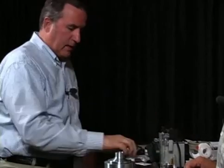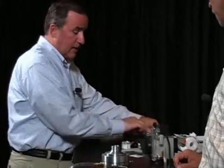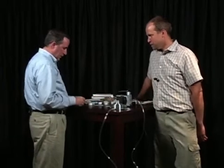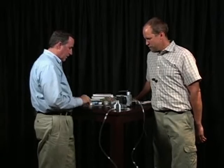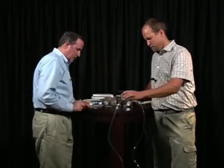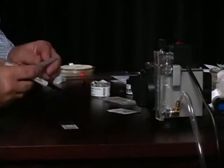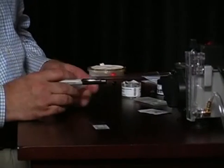Just take a look at how we might want to take a tape lift. We mentioned a little bit about it earlier about not being heavy-handed with the tapes. Again, you're going to want to record your information here. It's not a bad idea to record your information on these devices too, because in the lab, it's